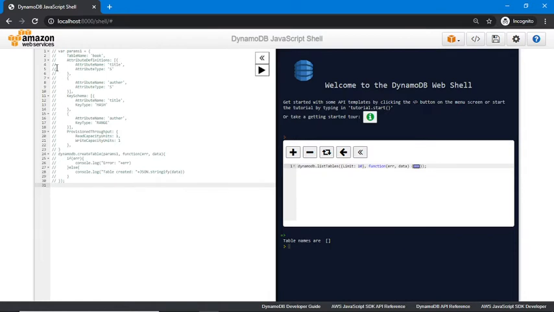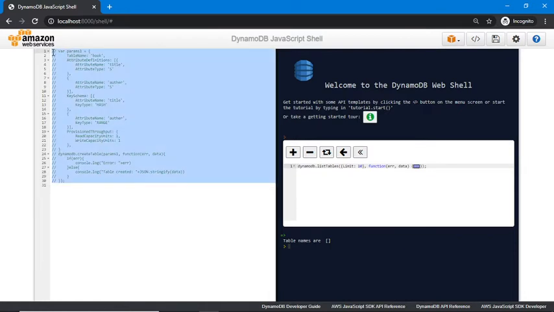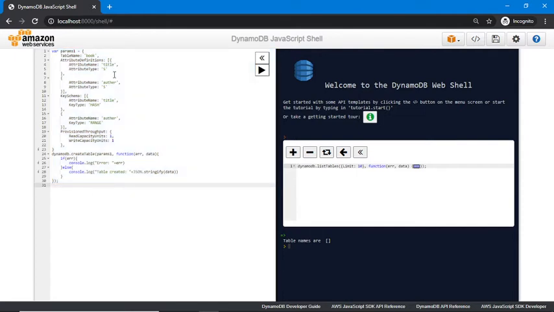I am going to put all these commands in the description, so you can find them there. This is the params1 object that describes all the attributes and the table name I want for executing my create table command.